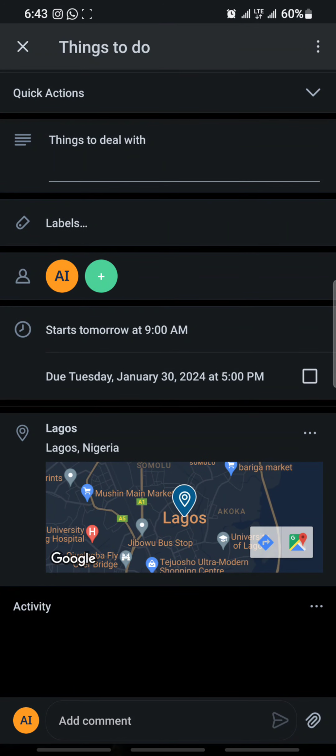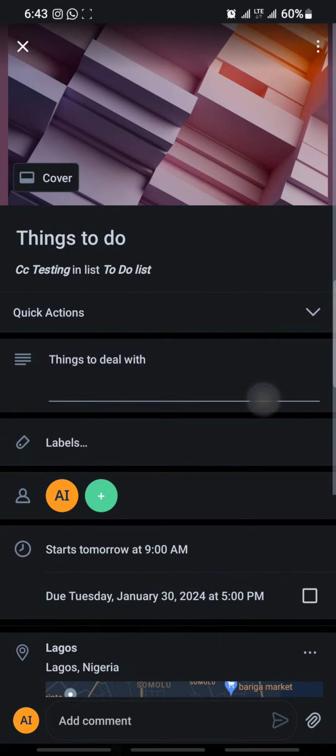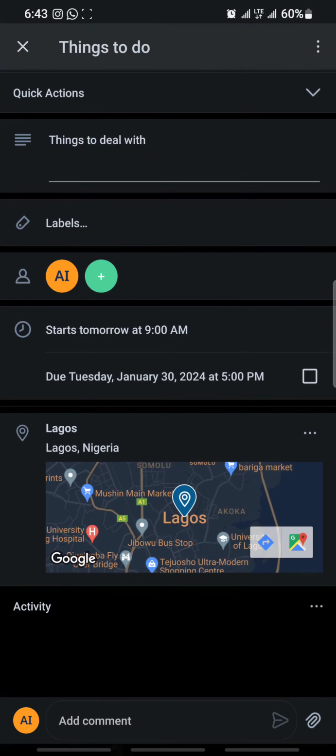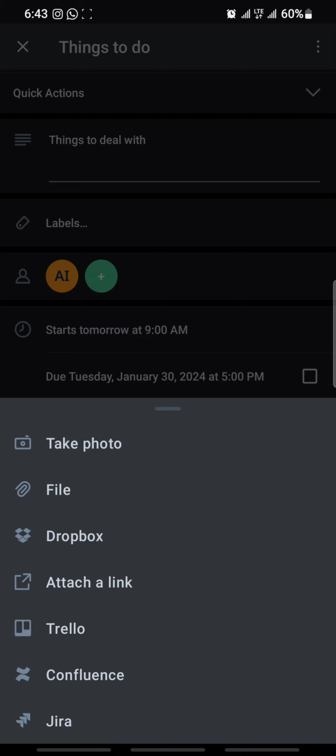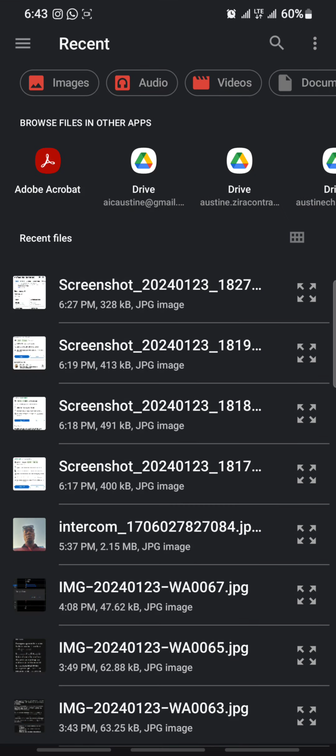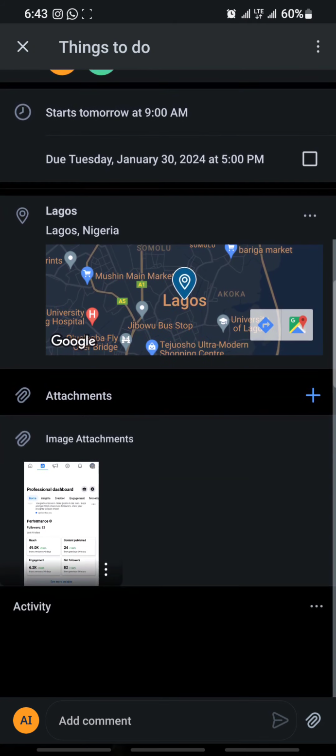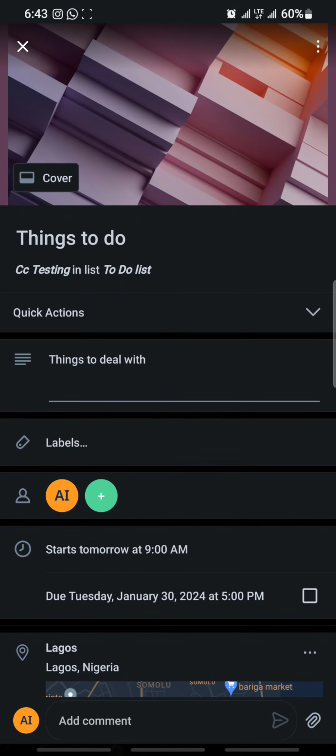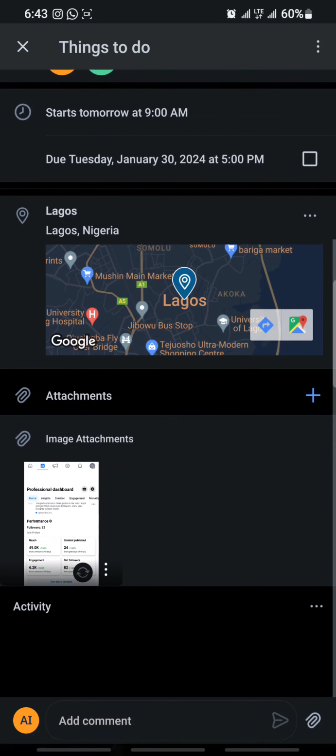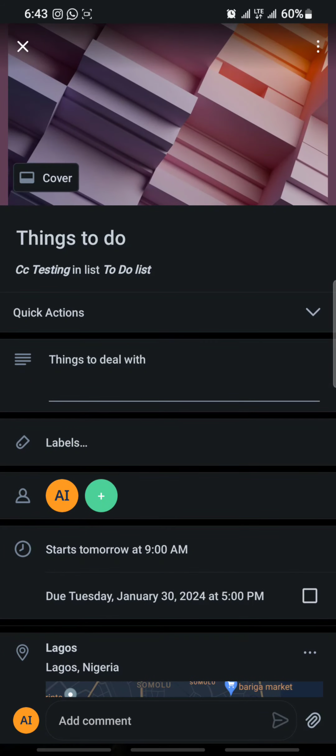Okay, so this activity, if I want to show the details, let me add, I'm trying to add something else. Okay, this is an attachment. If I want to attach a file, I can pick it from anywhere. Just attach a file showing something. I'll just click save. Okay, so this is just a smart and simple way of creating